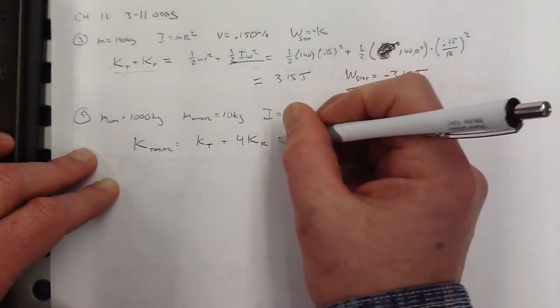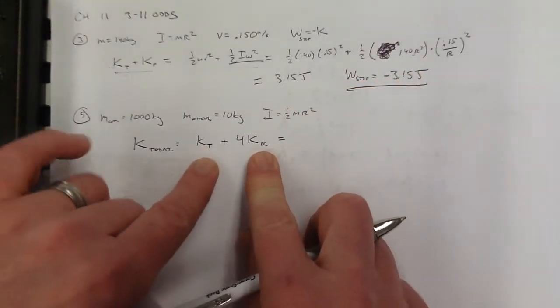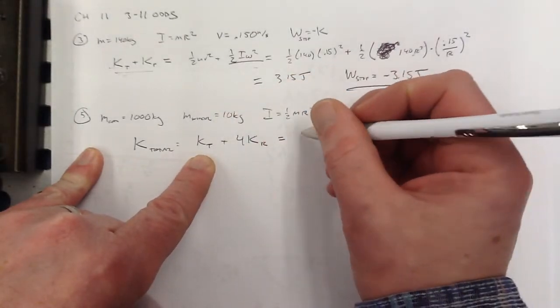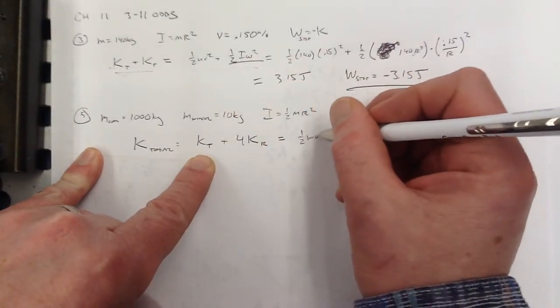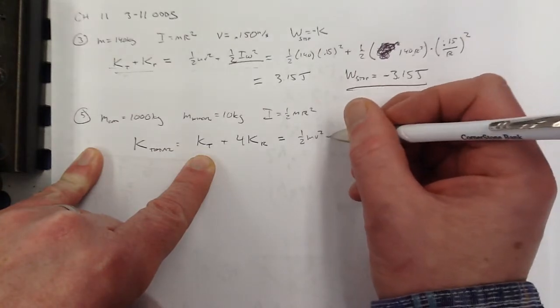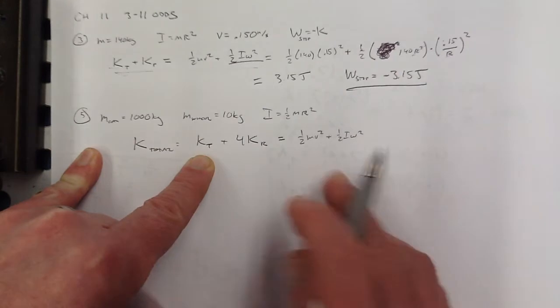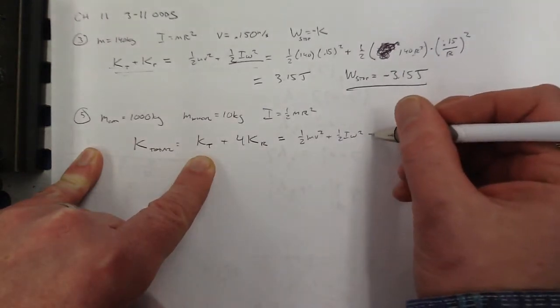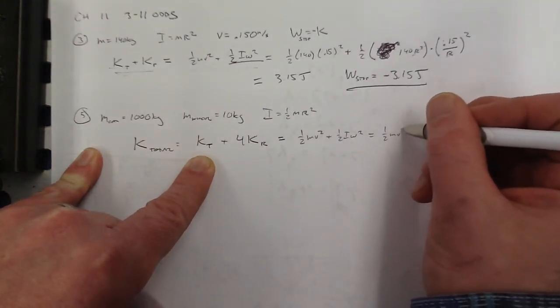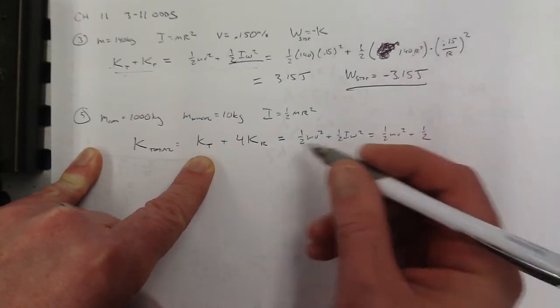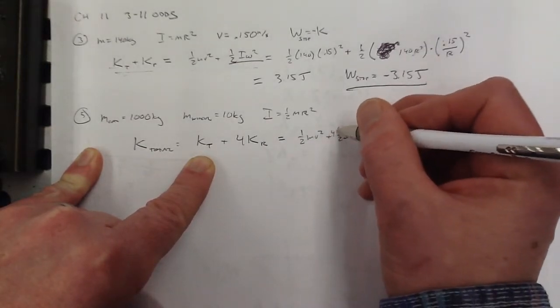So that's the total, and that's going to be 1/2 mv squared plus 1/2 I omega squared. And I'm going to go ahead and, before I plug any numbers in, I forgot my 4 there,